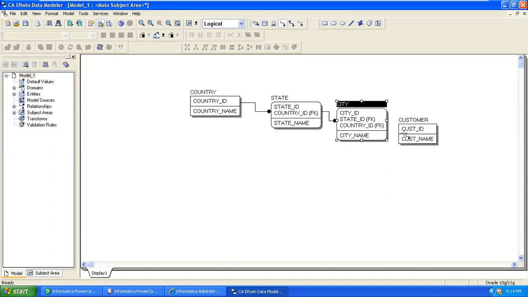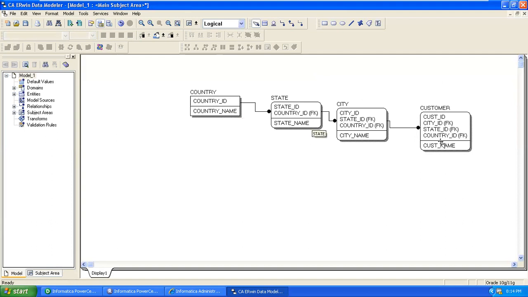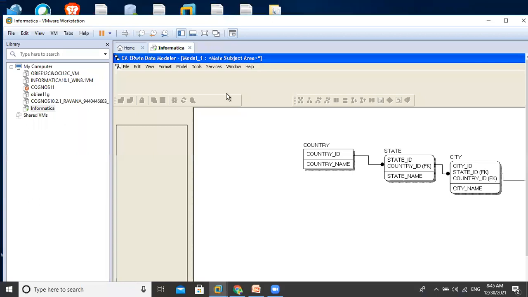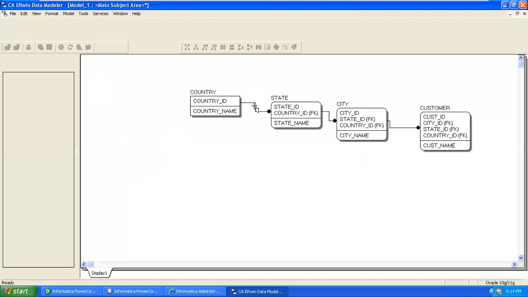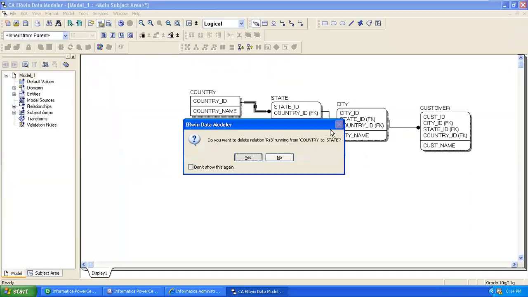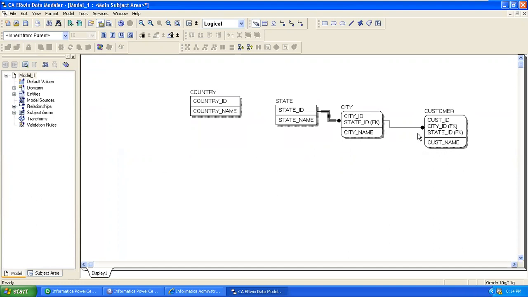Again, if you define a relationship with identifying relationships, see here what happened here. The country ID is defined as foreign key in state table, city table, as well as customer table also. At the same time, state ID is defined as foreign key in city table as well as customer table also. This is called as, with the identifying relationship, we can get the unbalanced hierarchies. These hierarchies are also called unbalanced hierarchies or ragged hierarchies. Okay. That's why in this kind of scenarios, better to go for a non-identifying relationship.